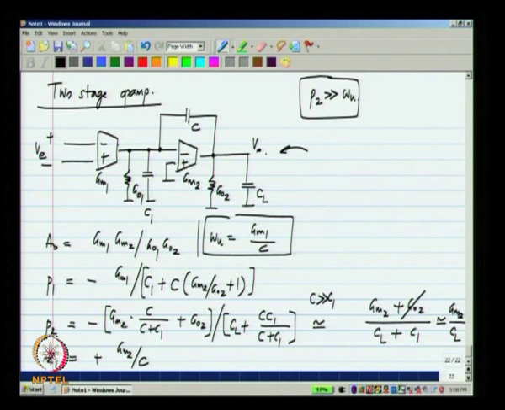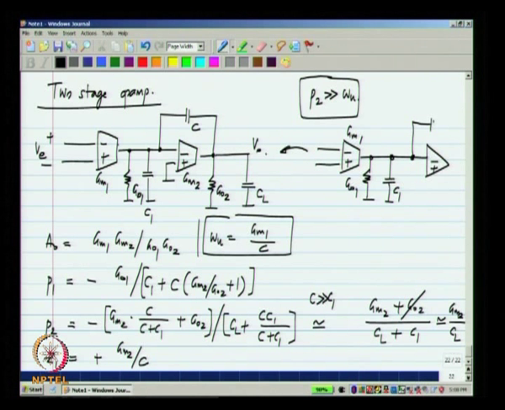Remember, this op amp was derived from a structure like this. We wanted the output current of GM1 to go through a capacitance C, and we found that the best way was to implement a current controlled voltage source. And this current controlled voltage source is implemented using a sum op amp, shown here in red, and let us say it has a certain frequency omega u 2.